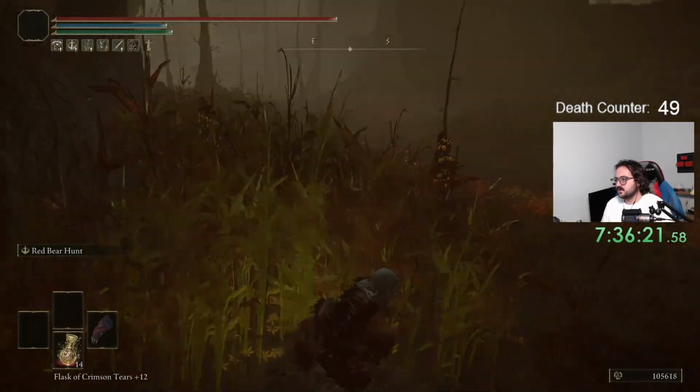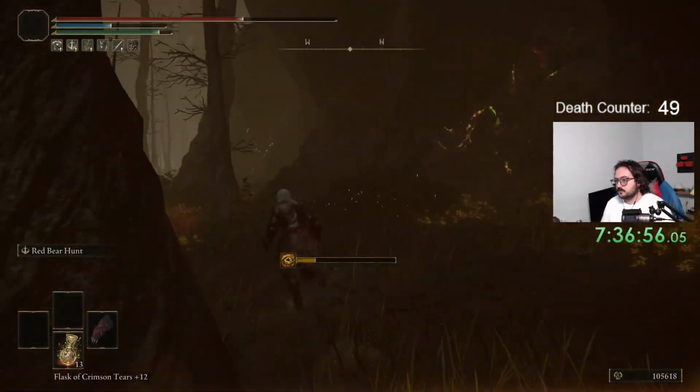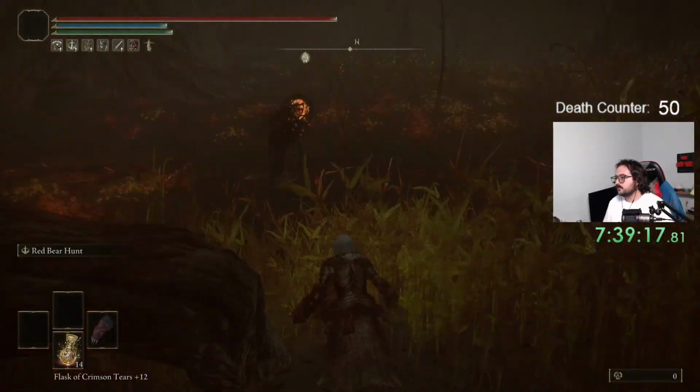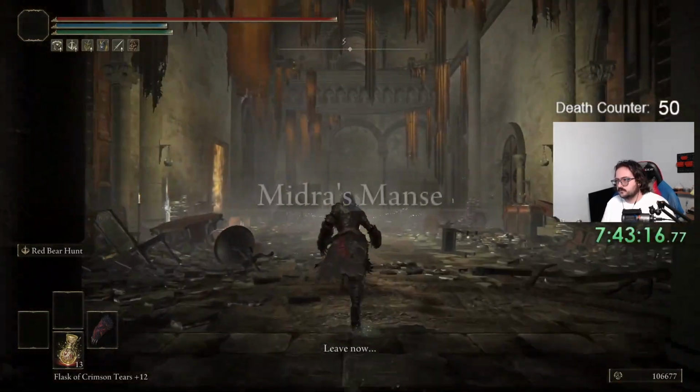Sneaking around in the abyssal woods, then I get spotted by 2 untouchables, and though I try my best to sprint away, they are relentless and chase me to death. Taking my time, I successfully sneak past them on my second try, shoving this door open to enter Midra's Mancy,